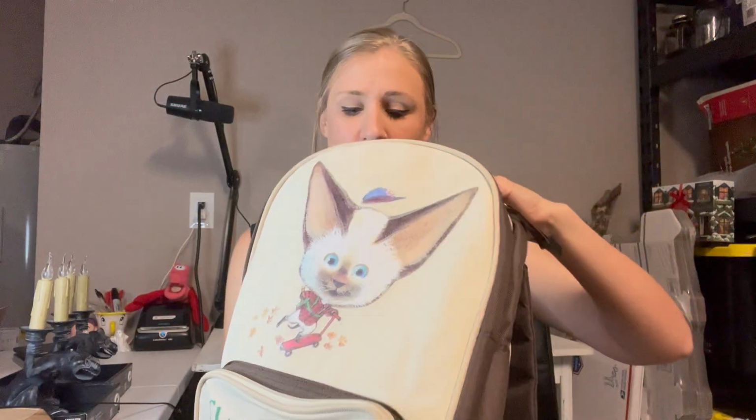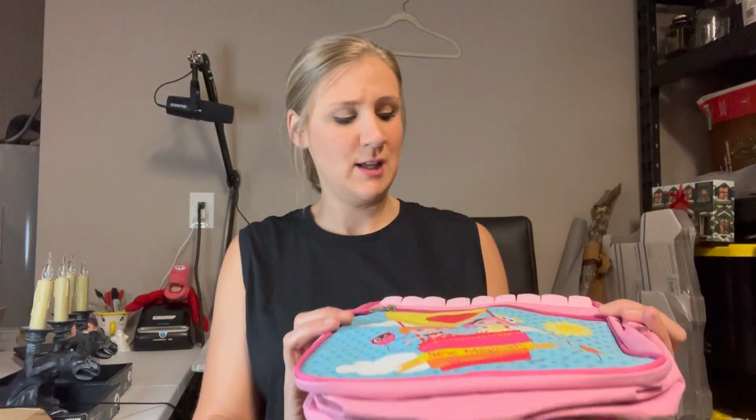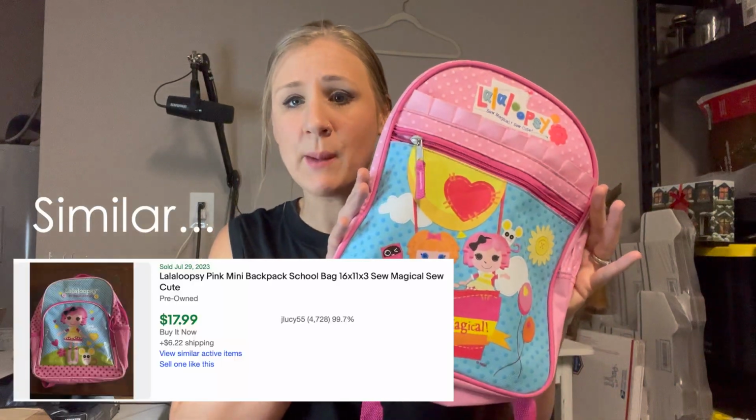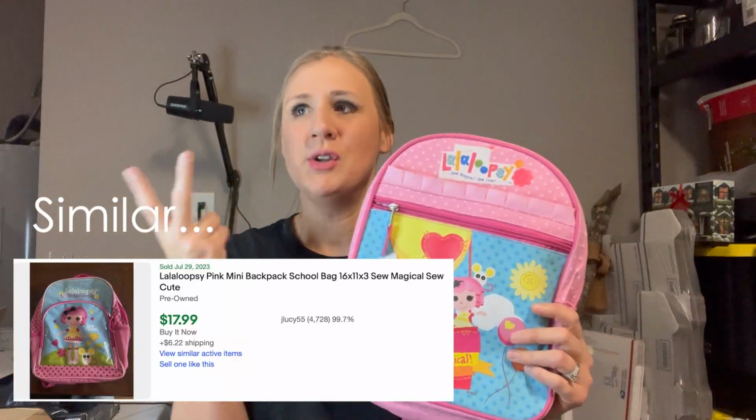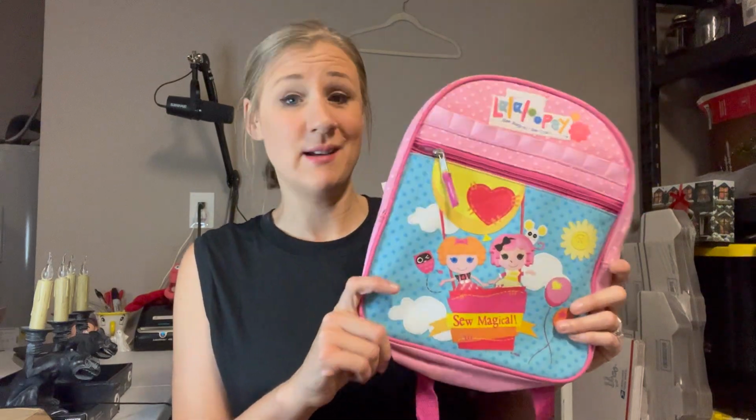Don't have a clue what this is. Skippy John Jones. I don't know what this is, but I just again threw it in mostly because I didn't know, and I figured we'll work it out and see if it's worth anything. We've got a Lalaloopsy little mini backpack as well. Monster High, Bratz, those kind of things actually still sell, both children and adults out there that quite like to